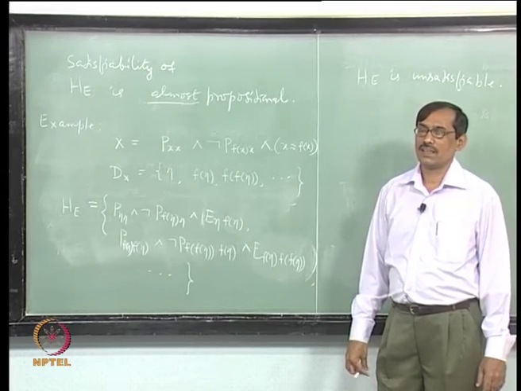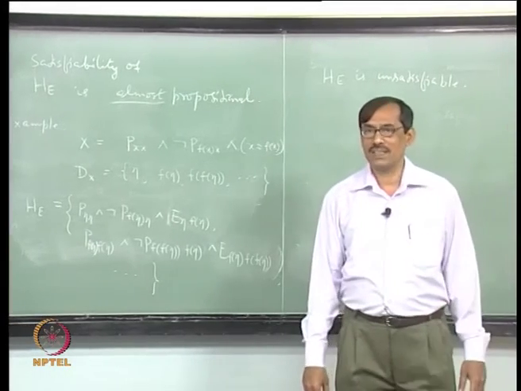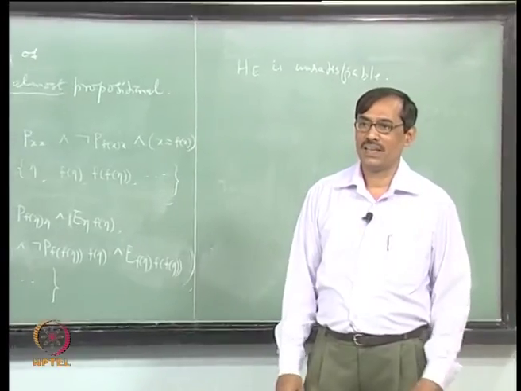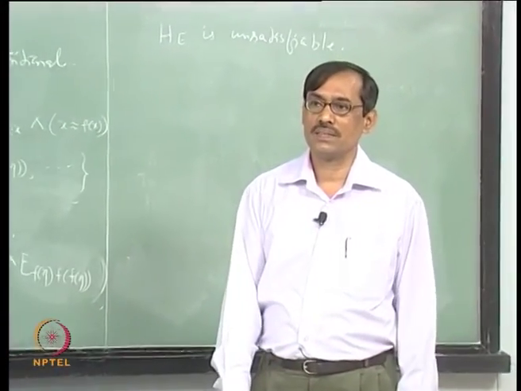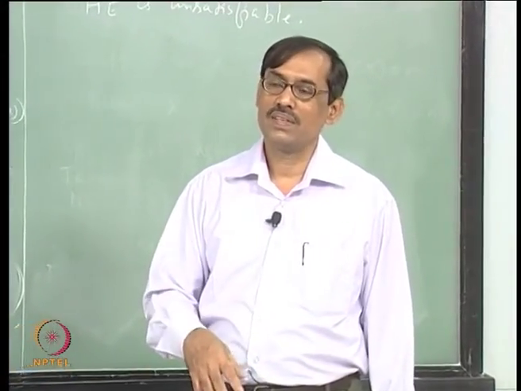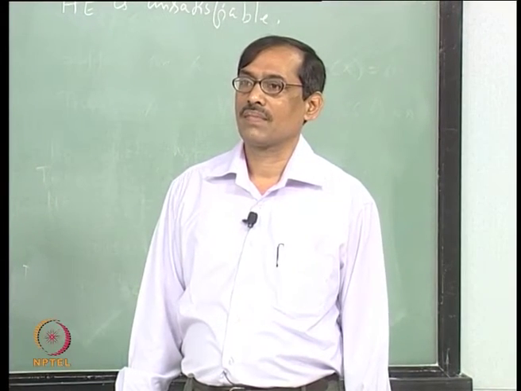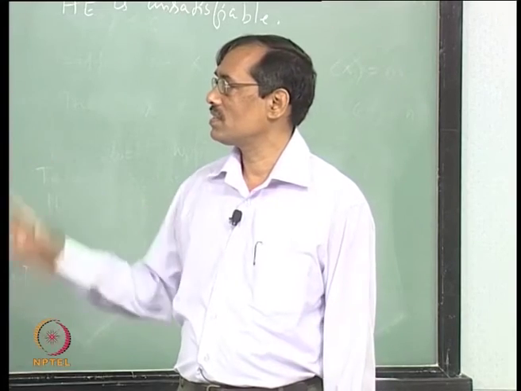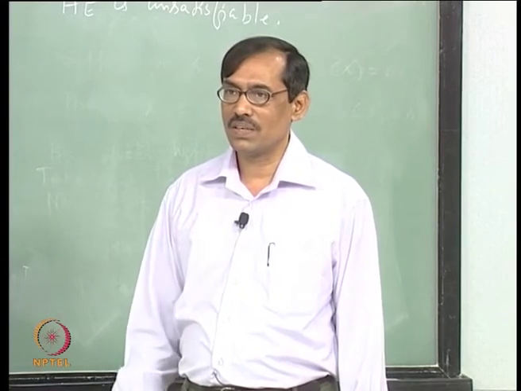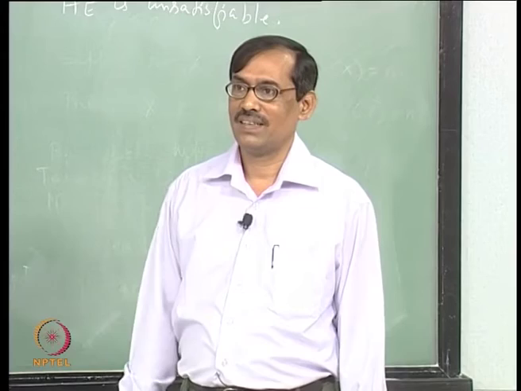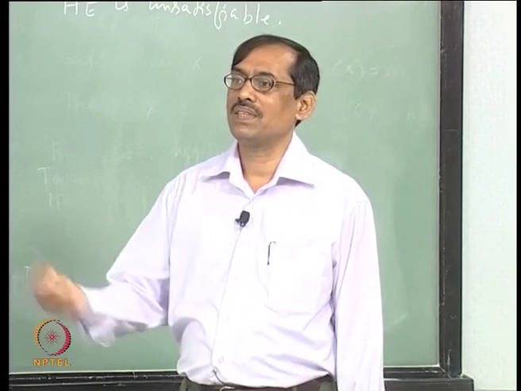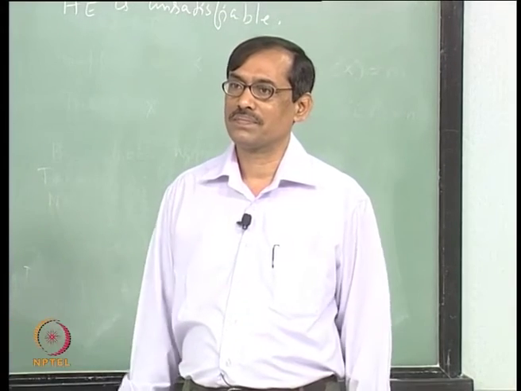Okay. But then how to make it propositional? It can be done, there is a way, because E is an equivalence relation. So, on the domain itself you find its equivalence classes, right. Instead of domain as D, you consider the equivalence classes inside D. So, take one representative from each equivalence class, that is your D now.